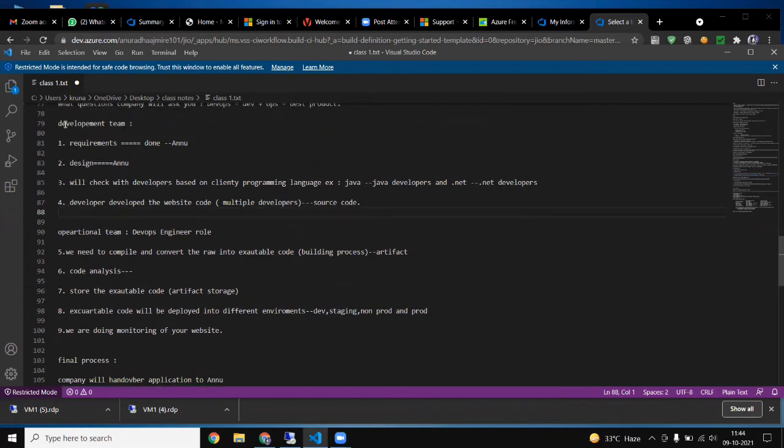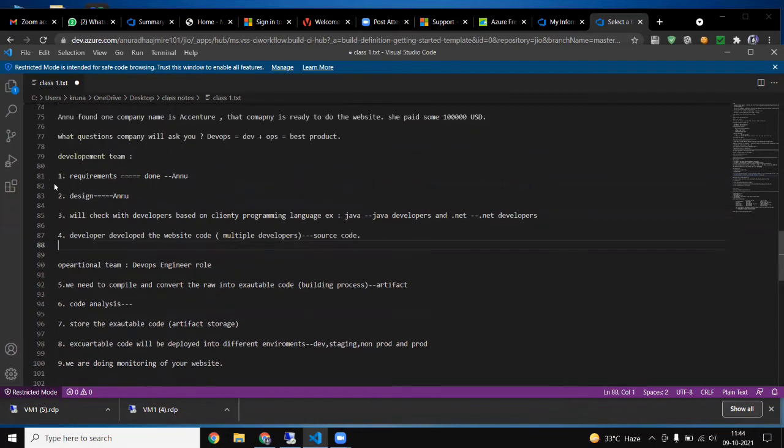Whose steps? Anuradha's steps. Anuradha means Anu, whom I am telling you about now. She told us requirement, she told us design, she told us which language to use, and she found the developer, and the developer developed the code.